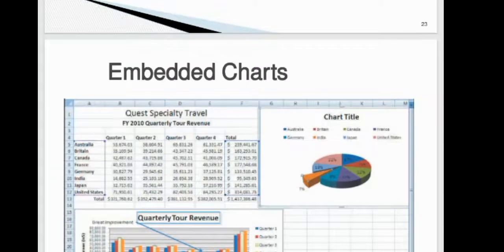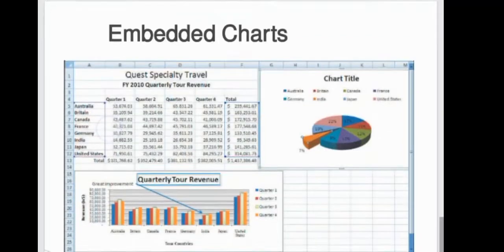Creating a chart. Select a range of data. Use buttons on the Insert tab of the ribbon to create and modify a chart. In a pie chart, emphasize a data point by exploding, or pulling that slice away from the pie chart. An embedded chart is one that is inserted directly in the current worksheet. A chart sheet is a sheet in a workbook that contains only a chart which is linked to the workbook